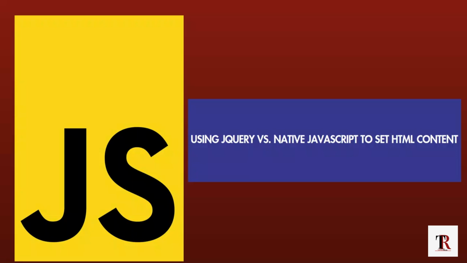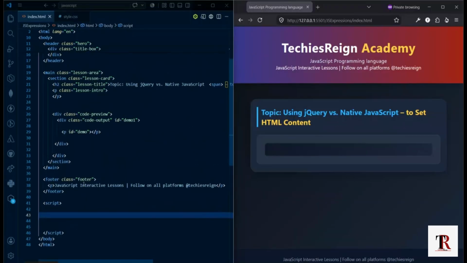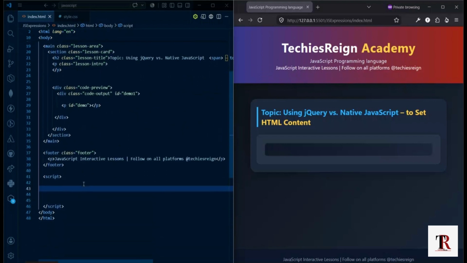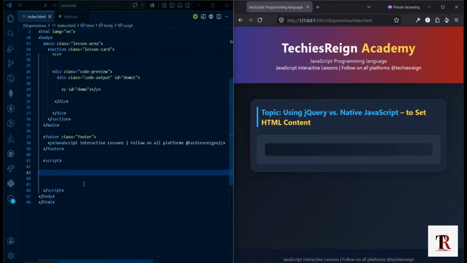Learn how to change both the text and the actual HTML tag inside a web page element using the jQuery method and native JavaScript properties. In this lesson, we want to look at how you can use both jQuery and native JavaScript to set HTML